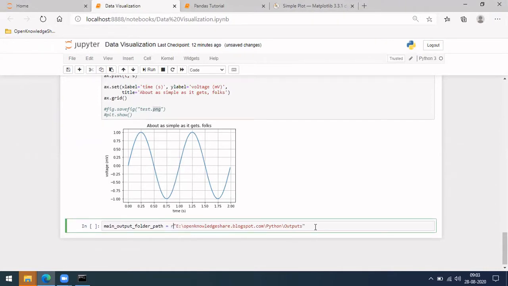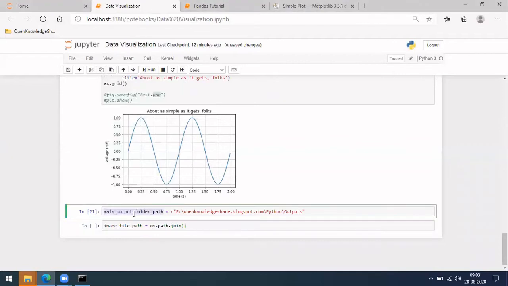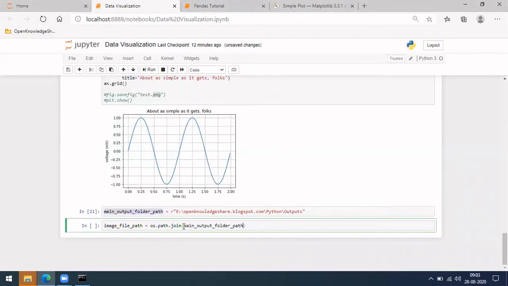For this particular image, what we should do is define the image file path using os.path.join, and then do it like this.